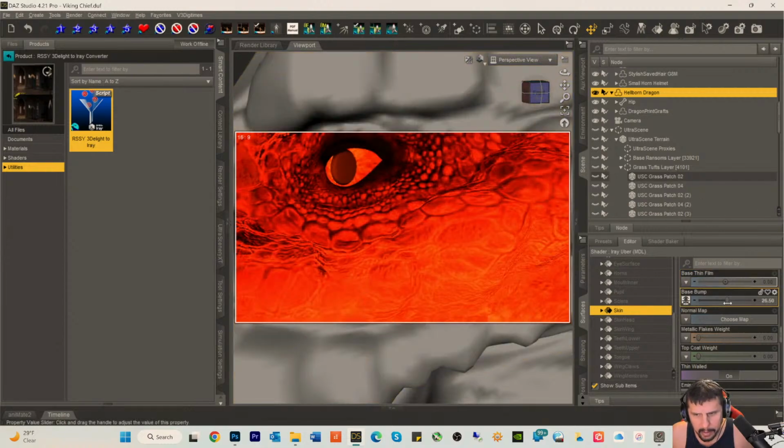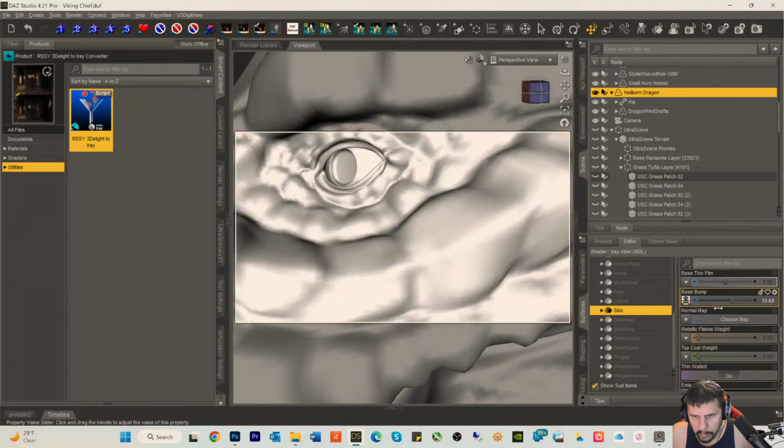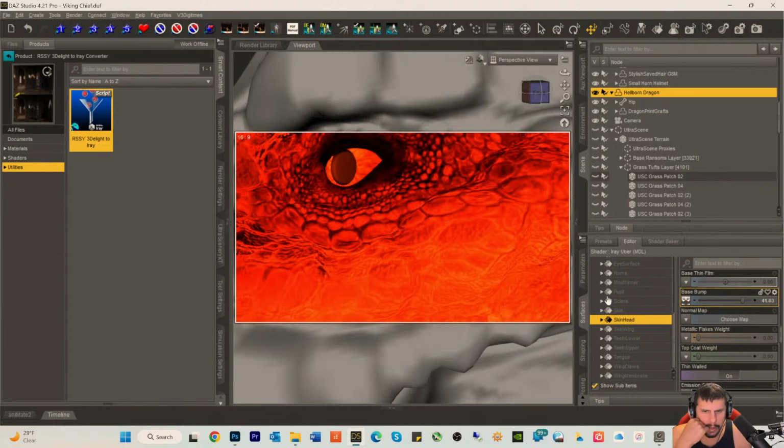See, look at that. Skin. Before it just looked like a painting over his skin. Now it looks like